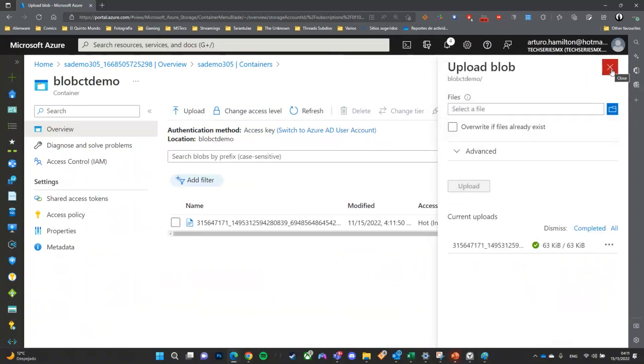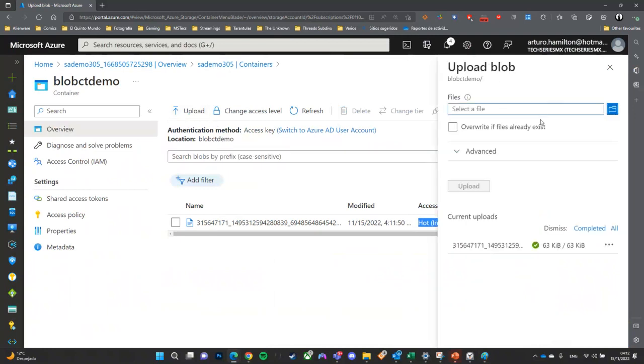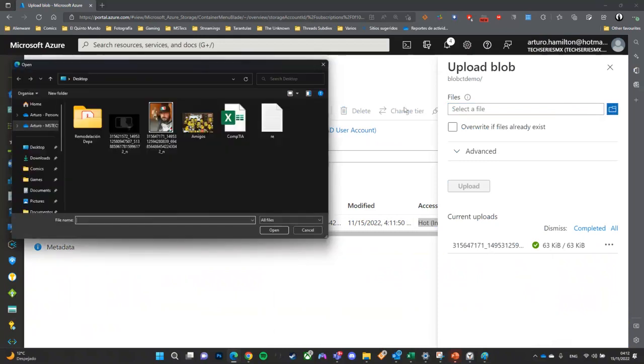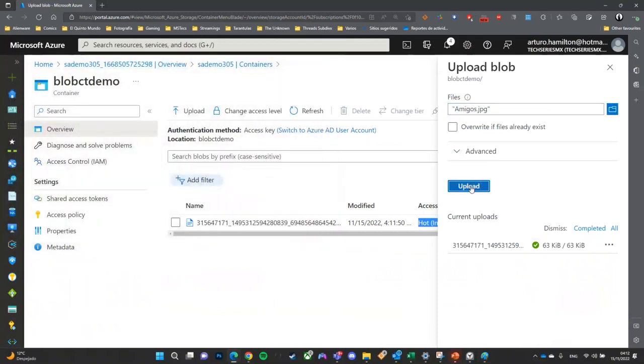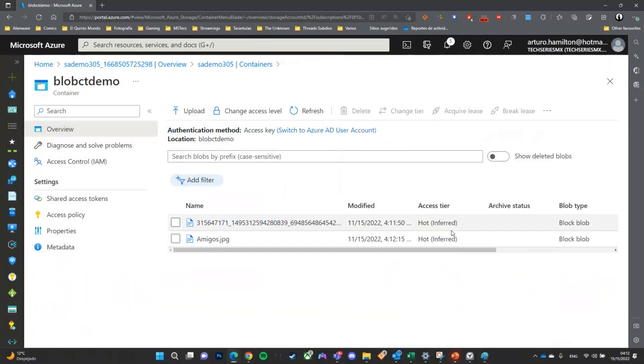I upload a picture. You can see that by default, I get a hot access tier. This hot access tier is granted to this specific file. If I upload a different one, let me use this one, it's also a default hot access tier, but we have the option of changing the tier of each based on my needs. I can grab, for example, the first one, change the tier on the top,